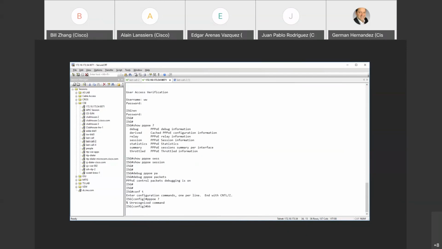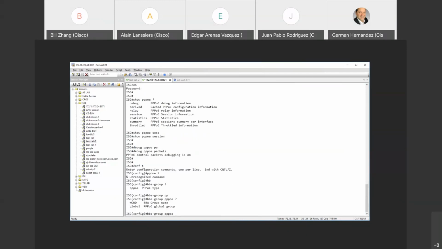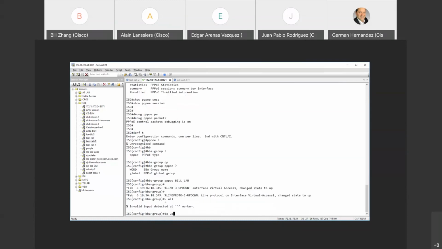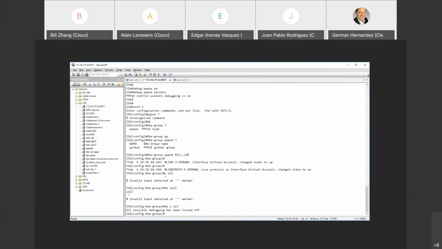Okay. So you use BBA group, with PPPoE, I guess, as the next keyword. If you do PPPoE, then you give a name. If you don't, you can use the default global. But if you give a name, for example Bill Lab, then automatically, since he sees that you enable a function with PPPoE, he will create that virtual access, because every PPPoE connection that comes in will create a sub-interface of that virtual access. So now we just don't go out of this group, because we need to associate something. If you do question mark,